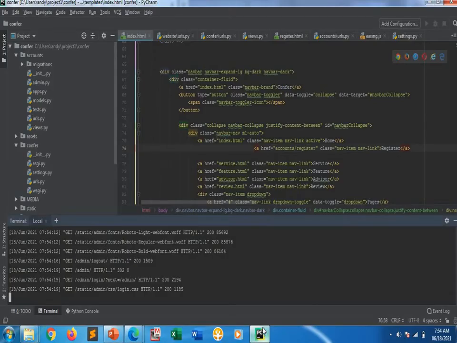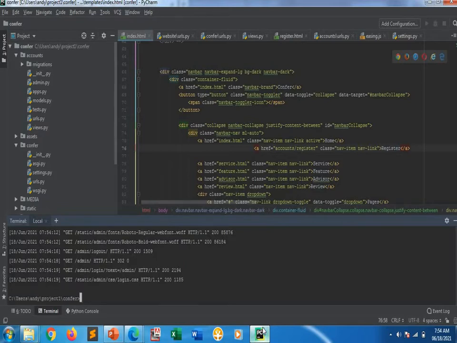Just come here. So I need to create a username and password. It should be an admin user. So for that, what is the command?